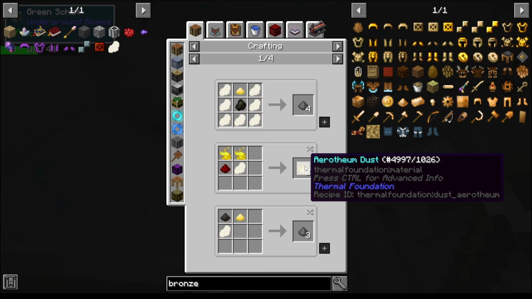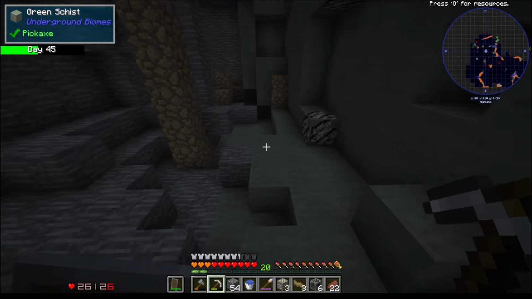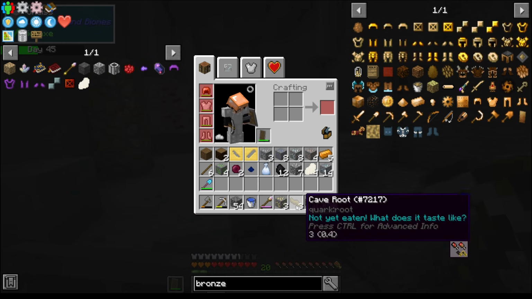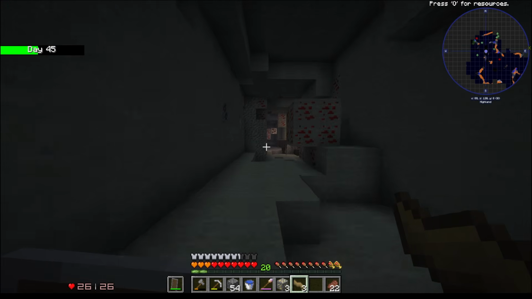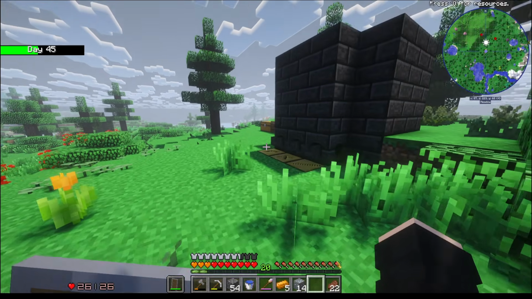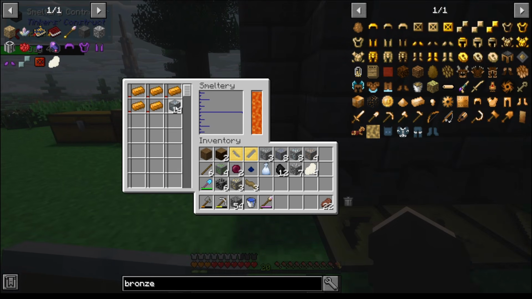Nitre. Gunpowder. Erothium. Which is, I guess, an advanced form of pyrothium. Which is a little confusing because I don't already know what pyrothium is, but whatever. Okay, well, hopefully this is going to be enough bronze. I couldn't find any more copper, so...